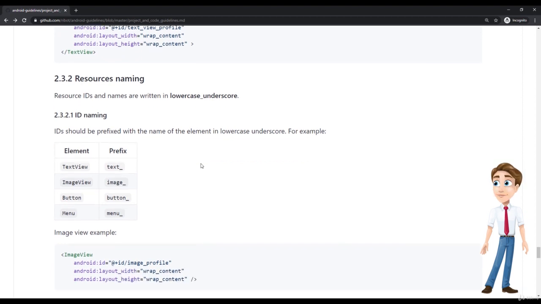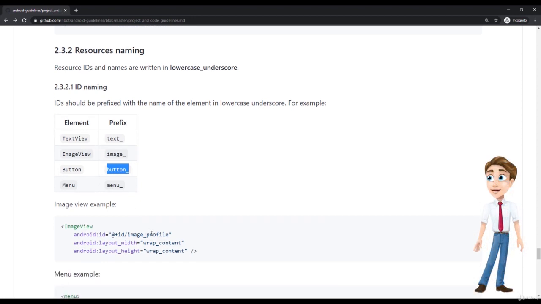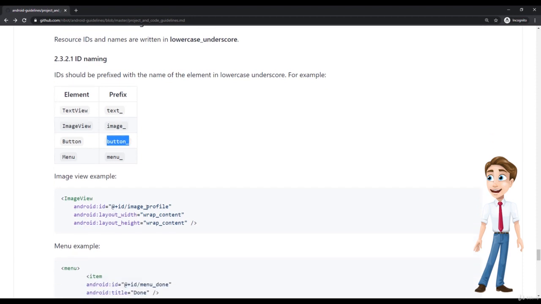Now, going into resource namings, this is interesting because this doesn't apply to Kotlin. If you have Java in your project, in your code, you might be getting the views with the findViewById method, which is pretty common. So you can use these prefixes, which are really good to have uniformity in terms of view namings. As you can see here, if you have an image view, you start with the image prefix. If you have a text, you start with text, with a button like this, and so on. But if you have Kotlin in your code, I don't really recommend doing so. I recommend going with an actual camel case approach. So instead of having image underscore profile with a small letter like this one, you should use image and then a capital letter P and then profile.